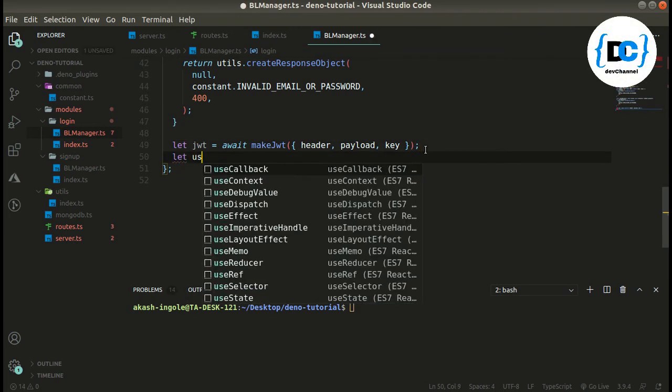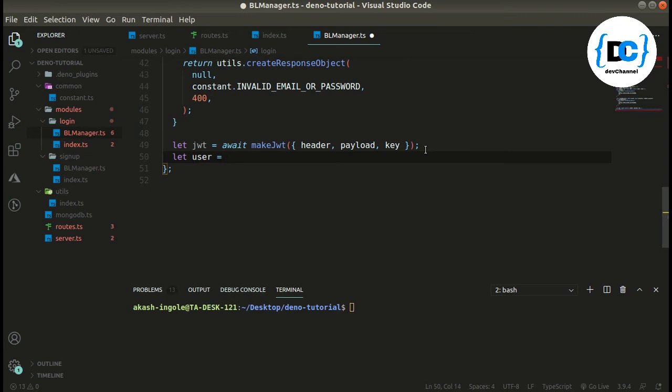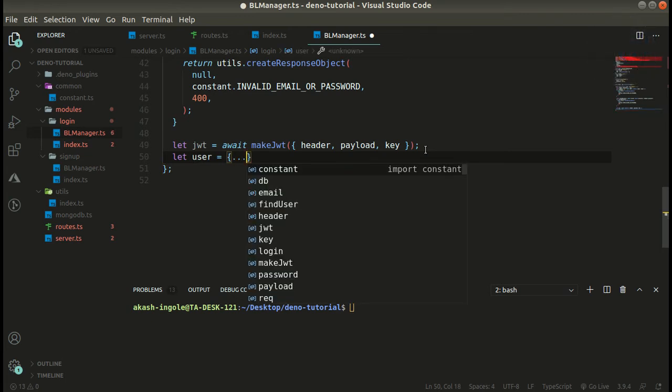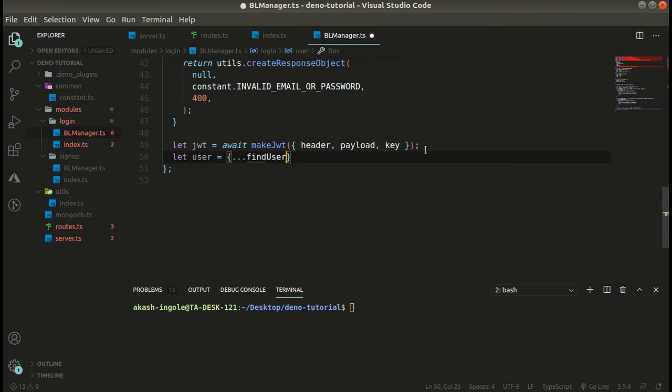Now let's make the response that we want to return to the user. This will be our user object that I want to return. Let's spread this found user object, and we will also add this JWT token.